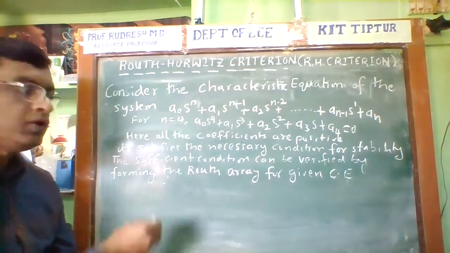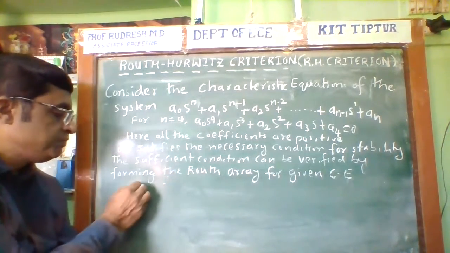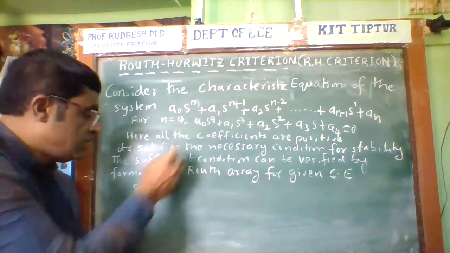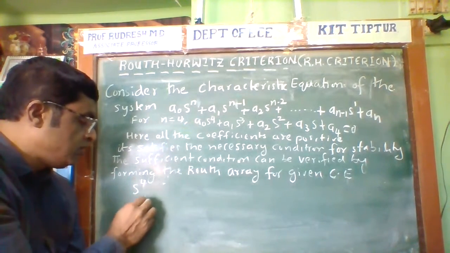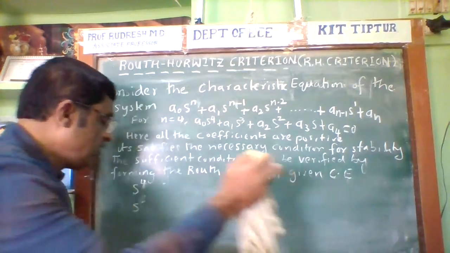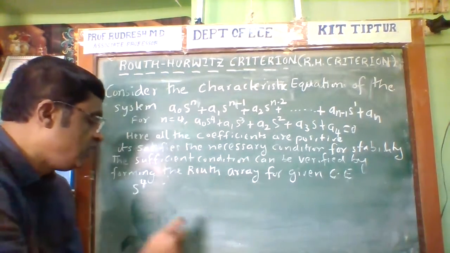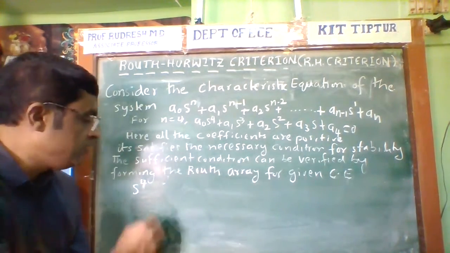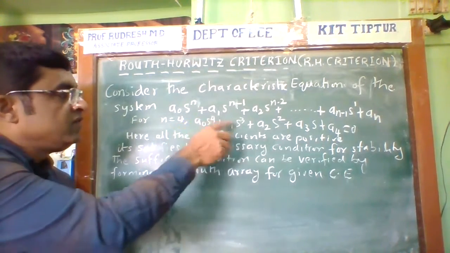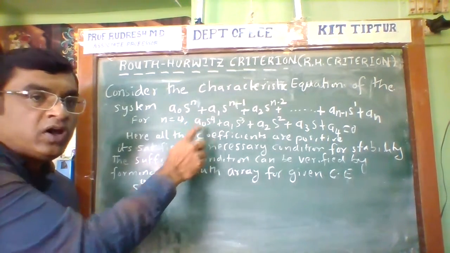The Routh array is formed as follows. To form the Routh array, write down the rows S power 4, S cube, and so on. The first row, S power 4, can be formed by the